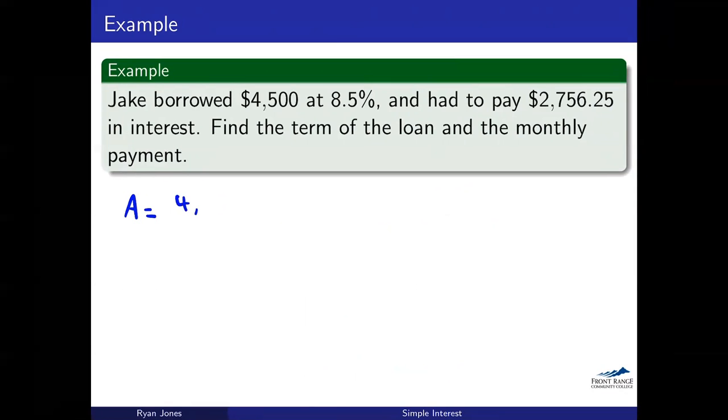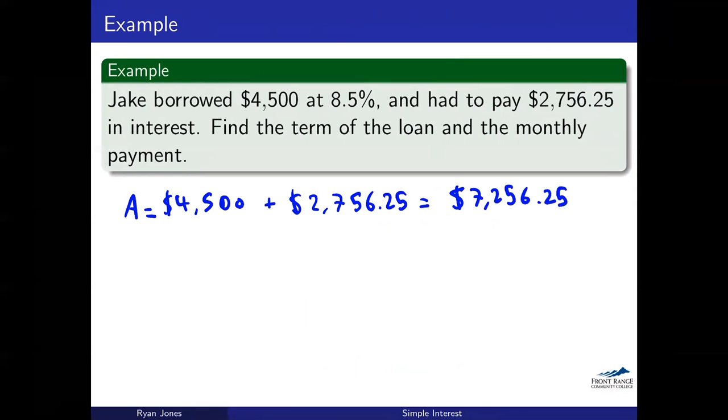So total amount that I have to pay back is A. I'm going to say, hey, well, we borrowed 4,500. The interest was 2756.25. So this ends up being 7,256.25. That's the total amount that was paid. And so now I just take that amount. I'll say that R, my monthly, capital R, my monthly payment, it's just the total amount that I have to pay back. And I divide that,